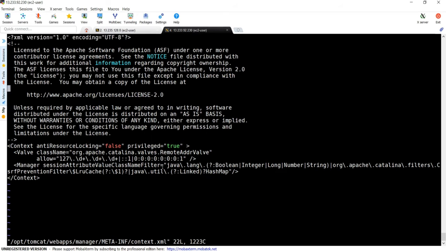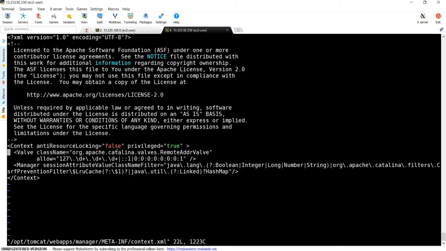and here you can see a line which starts with Valve className. If you try to understand the entry of Valve className, it is allowing the IP addresses which start with 127. This is actually a loopback address or localhost address. So it allows only from the local system, but we want to access it from outside as well.